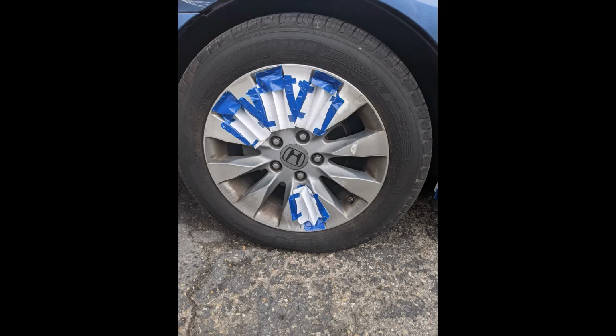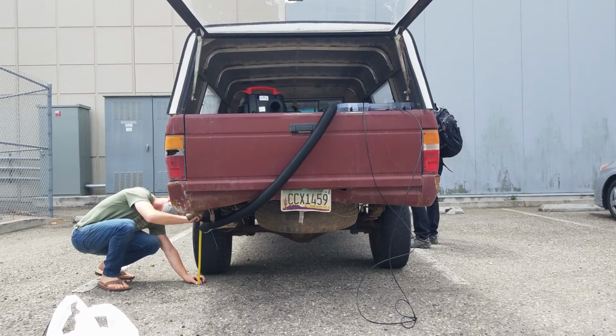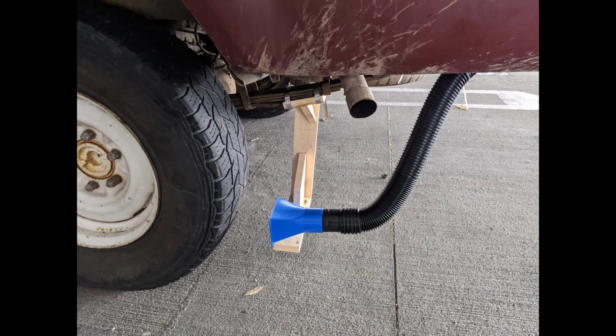From there, we tried putting a filter behind the tires and found that, well, passive filtration wasn't going to cut it. So, what do we use to clean up dust? That's right, a vacuum cleaner. So we stuck one on our car and found that it could suck up almost 60% of resuspended particles behind